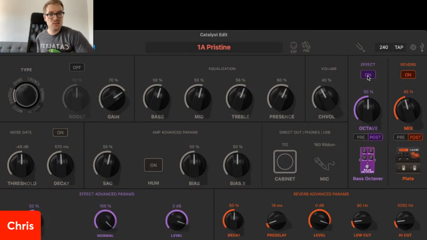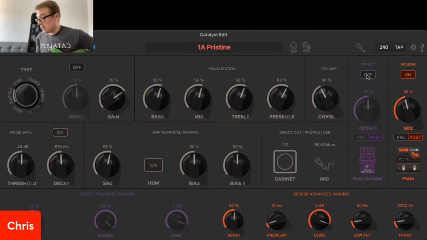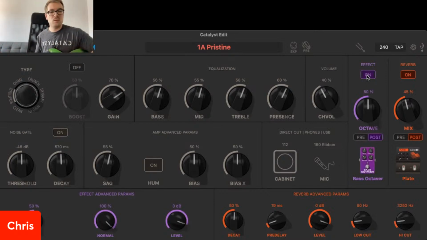I'm gonna turn this effect on. You'll see now it's set to post. We'll set it to pre-after, and I'll explain the difference as well. So here's the Octaver. Well, here's the clean sound first. And let's turn that octave effect on. Then, as you could hear, it was fine for anything that involved only single notes. So if I even play slowly,